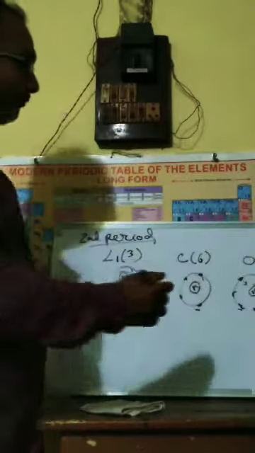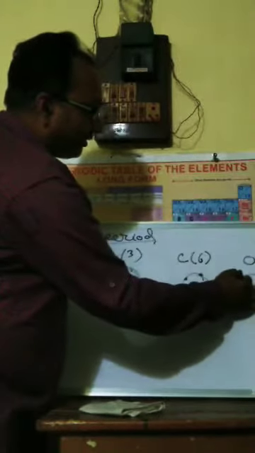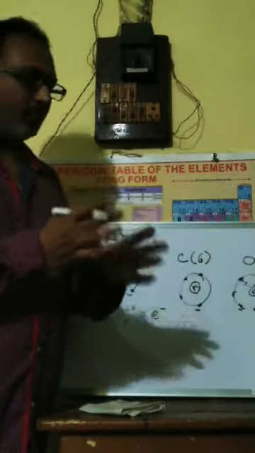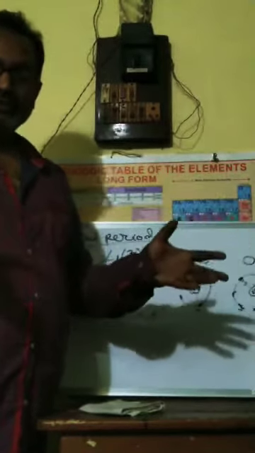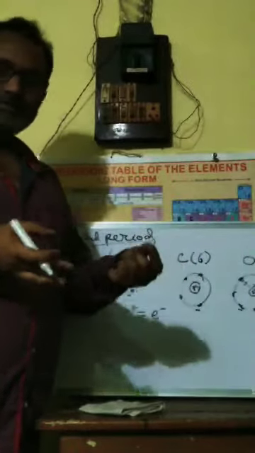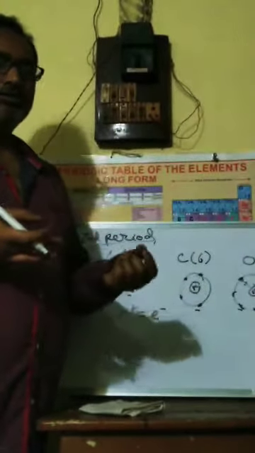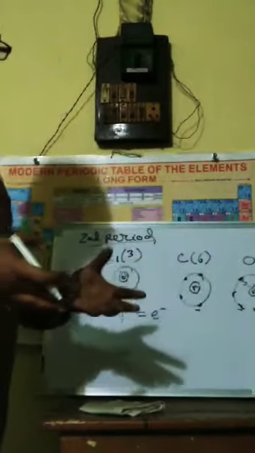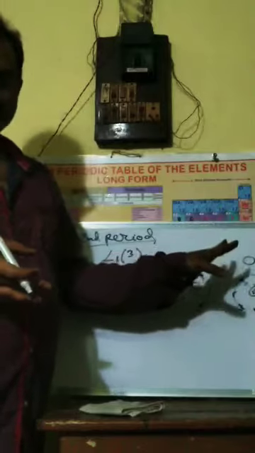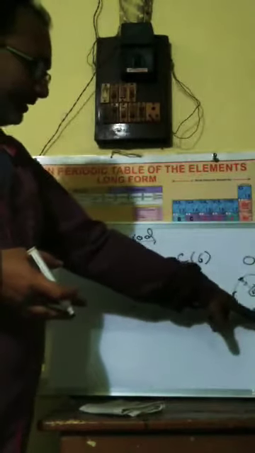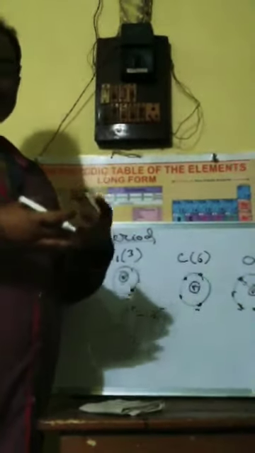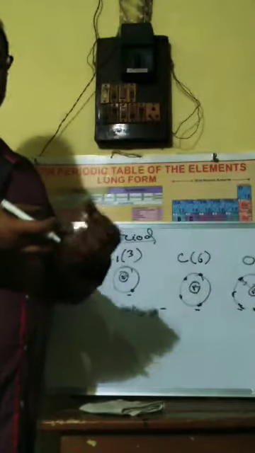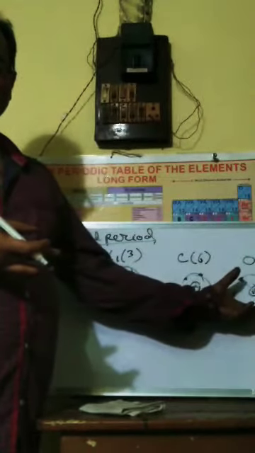When they are pulled towards the center, the distance from the center to the outermost electron will reduce. It will not reduce by a huge margin, but the size is very small, so a very minute reduction is a major thing. So there will be a reduction in the atomic radius. When there is a reduction in the atomic radius, their size decreases. That means their atomic radius is decreasing.